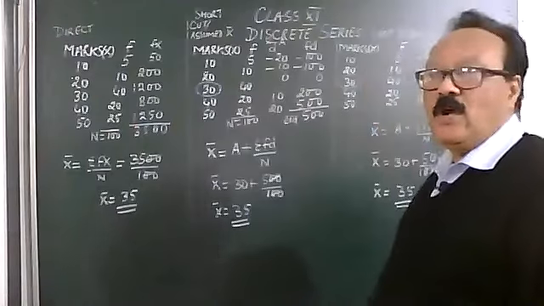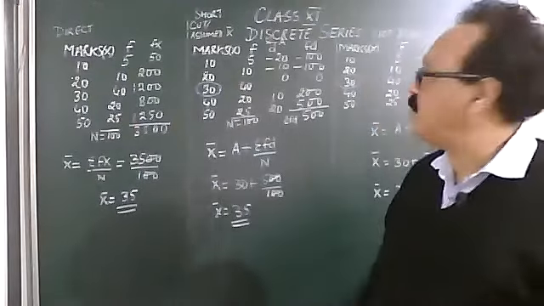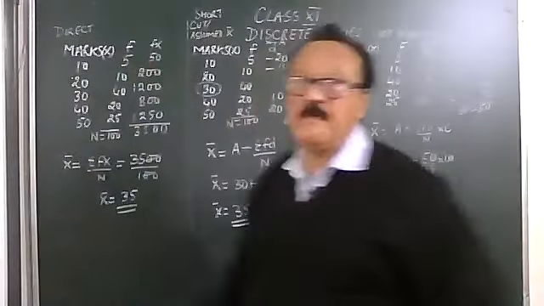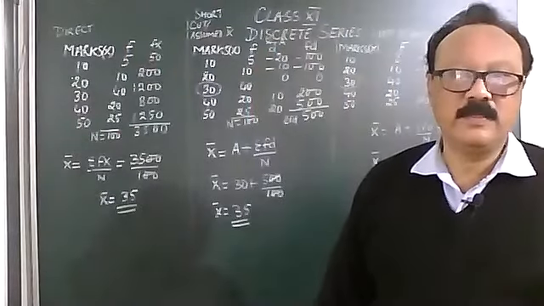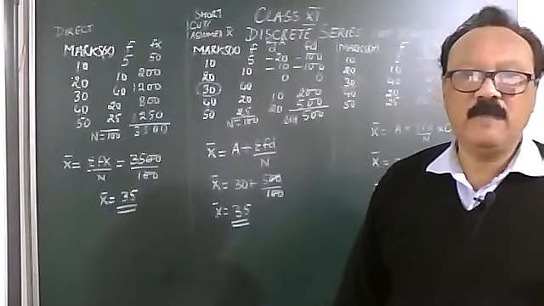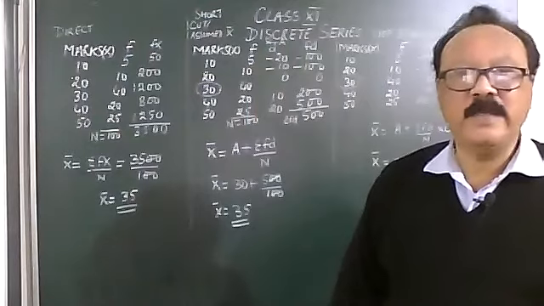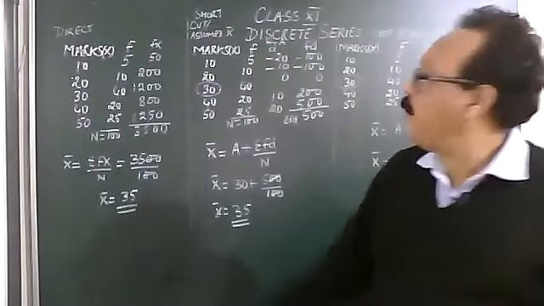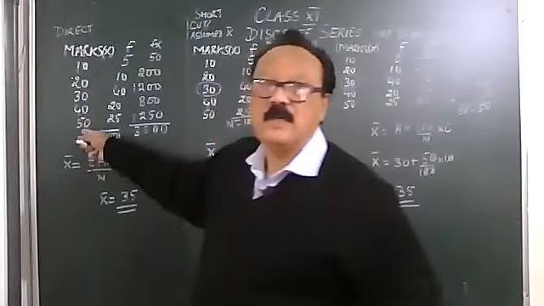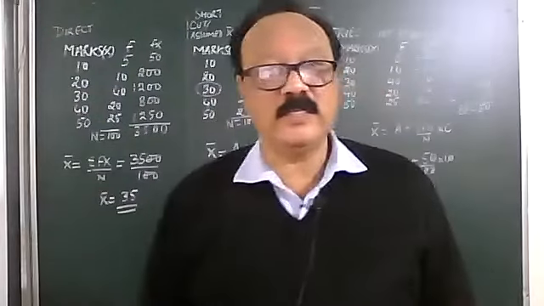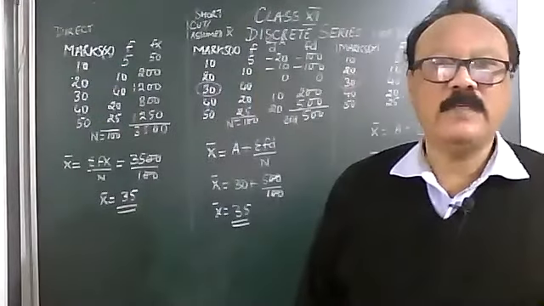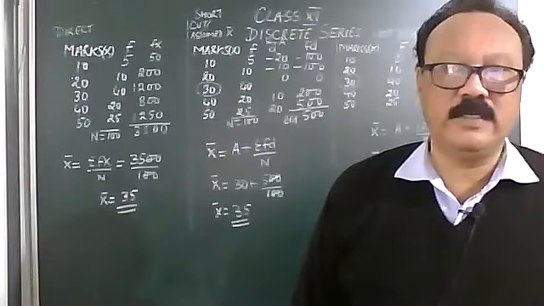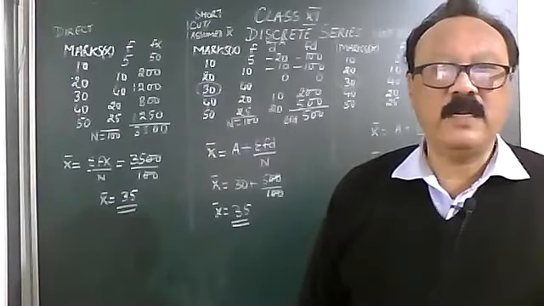So what is extra in the discrete series? We have the frequencies given to us against the variables. So the first thing that we do, this is how you recognize it is a discrete series. The variable under study, marks, will have a frequency against it. Anything which has a frequency against it is a discrete series. So the first and the direct method is,